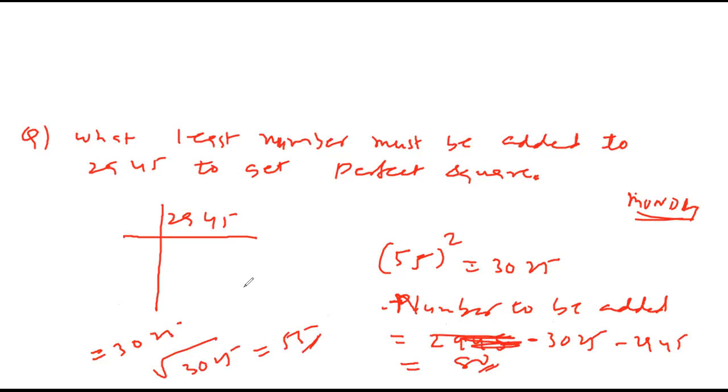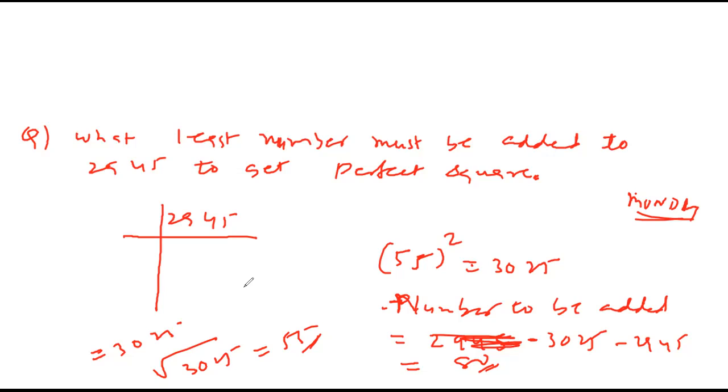So whenever you have to add, then you have to find the next square and add the difference. And whenever you have to subtract, then just the remainder you have to remove. Means 2945 minus 29, right? Like that. If they say what should be removed, then that remainder should be removed. Okay.